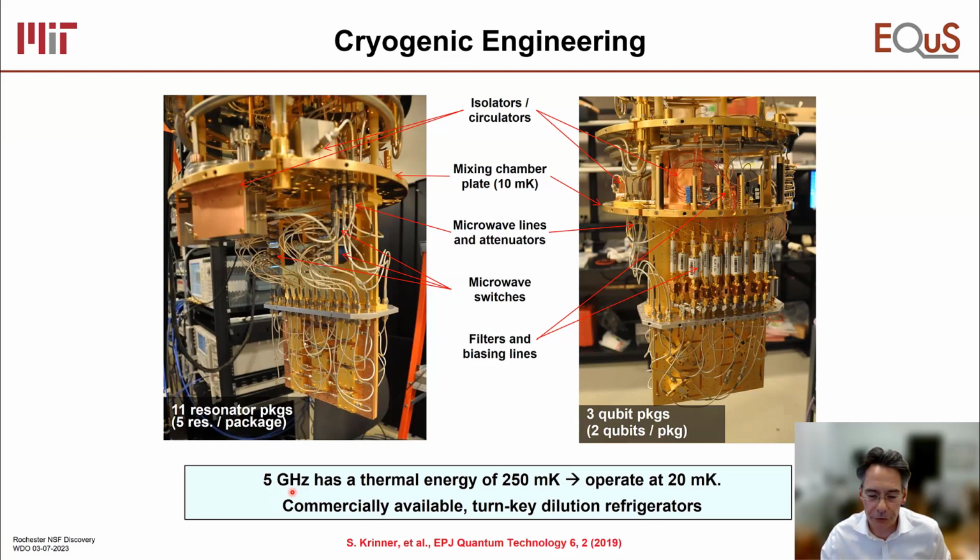But 5 gigahertz, if we think in terms of temperature, equate that to kT: h bar omega equals kT. What is the T? The temperature is 250 millikelvin. And we want to be much colder than that, because if you think of a Boltzmann factor, at 250 millikelvin, 5 gigahertz transitions will be driven just by thermal photons, right? But if we're in a much colder environment, say 20 millikelvin, 10 times colder, we'll have very few photons that can drive that transition,